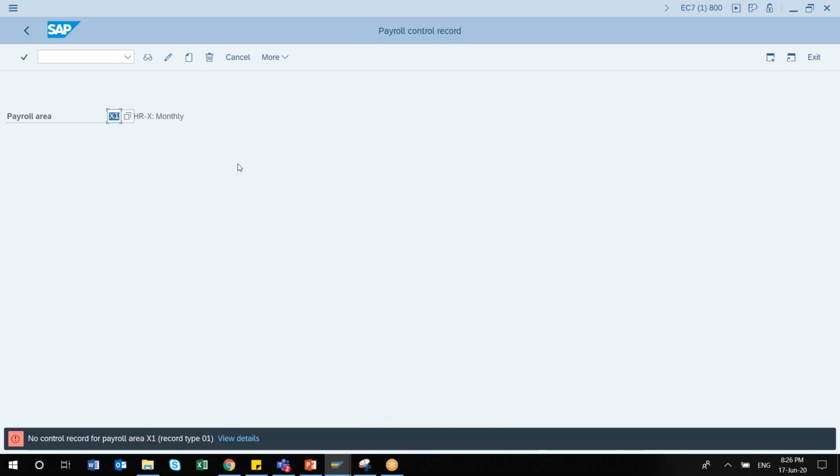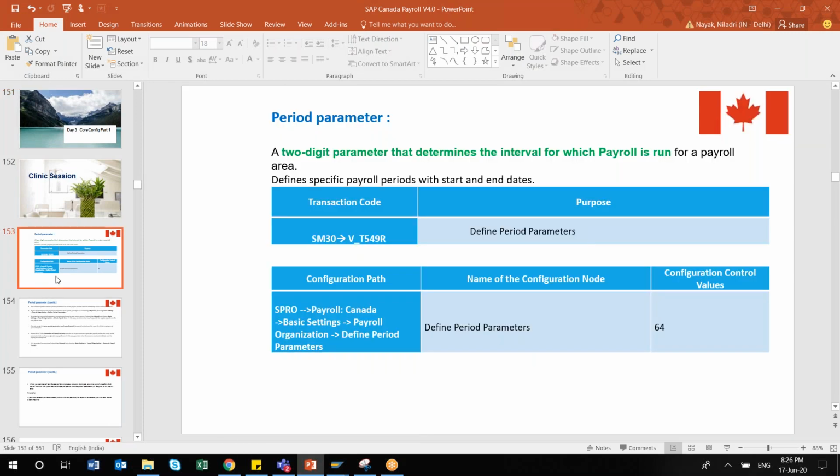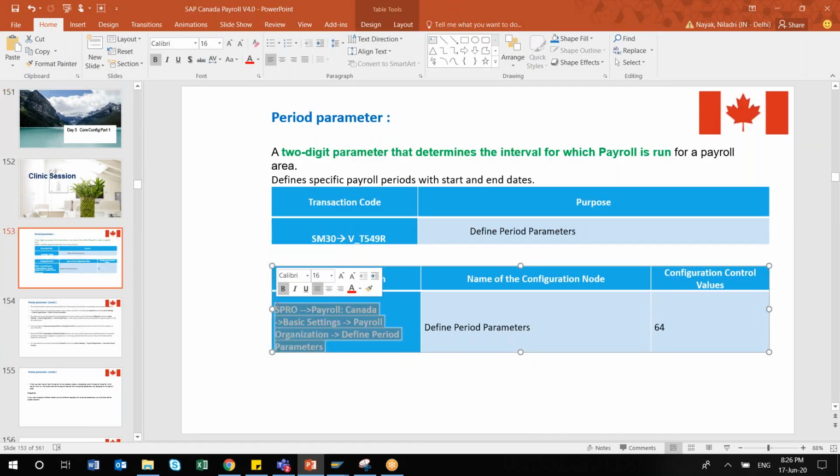Yes. For that reason, in the presentation slide, if you see, I have given two paths. First of all, I have shown you now this SPRO path, but as a starting point, because you are learning for the time being, it is always recommended to follow the long path. You should not go to the shortcut. Once you are getting experienced and you are familiar with all this terminology, then it is better to go to this if you are working on a support project. Otherwise, directly you can go to the table name.